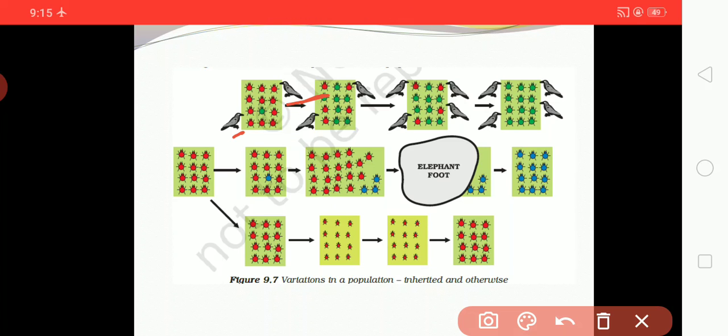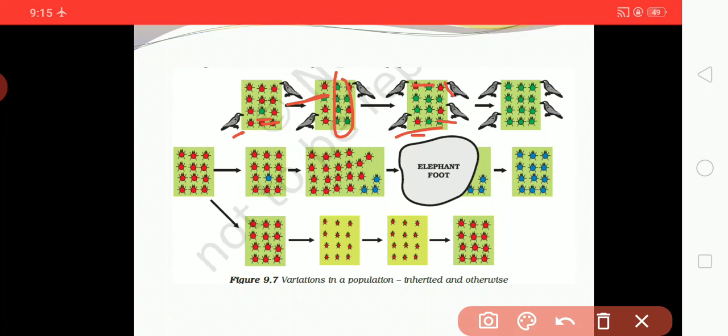So in this situation, what will happen? The crow will eat some of the beetles, and here you can see that there is only one green beetle. But because the crow eats red beetles, the population of red beetles will be reduced. Now a red beetle will reproduce with a green one, and the green beetle population will increase. In the next situation you can see that, at last, red beetles are very few.